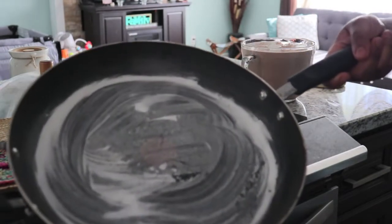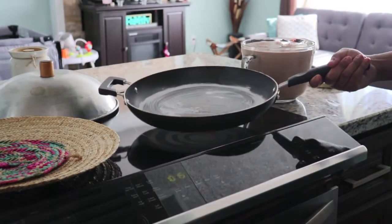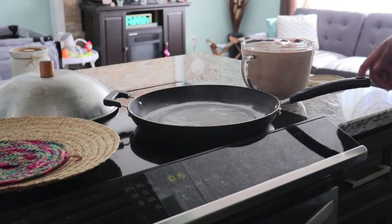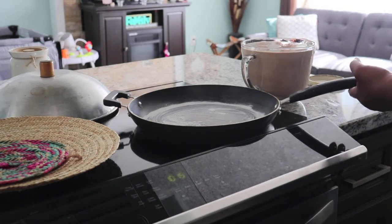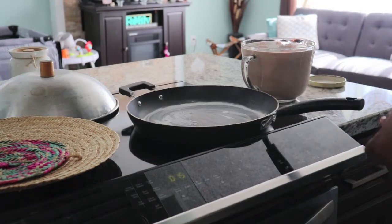This is baking soda that I added last week after I finished making the injera, and I leave it on there for the week, and then I just wipe it off and make the next batch. So I don't really wash this pan. I just add the baking soda and then wipe it off and make the injera. እና ምጣድ ስለሌለኝ እኔ በመጥበሻ ነው የምጋግረው።